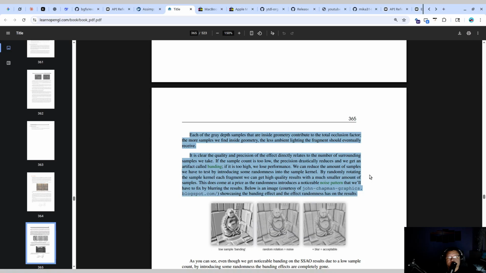It is clear the quality and precision of the effect directly relates to the number of surrounding samples we take. If the sample count is too low, the precision drastically reduces, and we get an artifact called banding. If it is too high, we lose performance. We can reduce the amount of samples we have to test by introducing some randomness into the sample kernel. By randomly rotating the sample kernel for each fragment, we can get high-quality results with a much smaller amount of samples. This does come at a price, as the randomness introduces a noticeable noise pattern that we'll have to fix by blurring